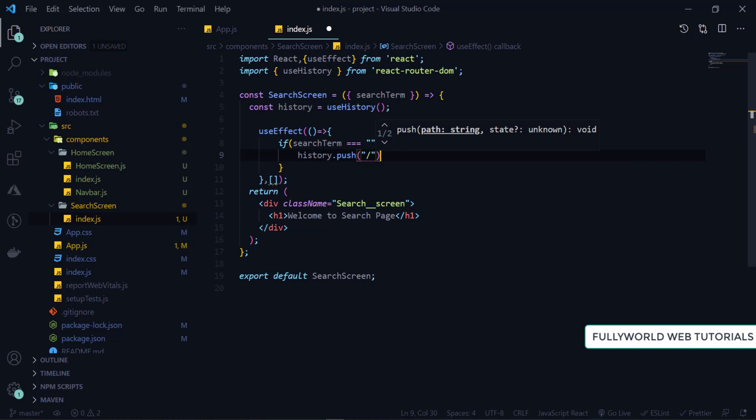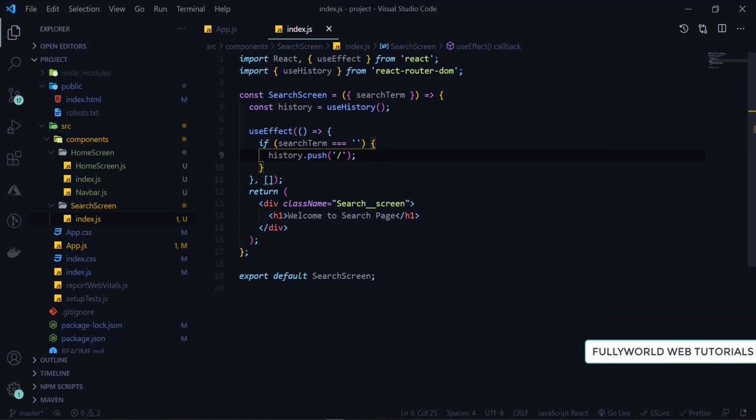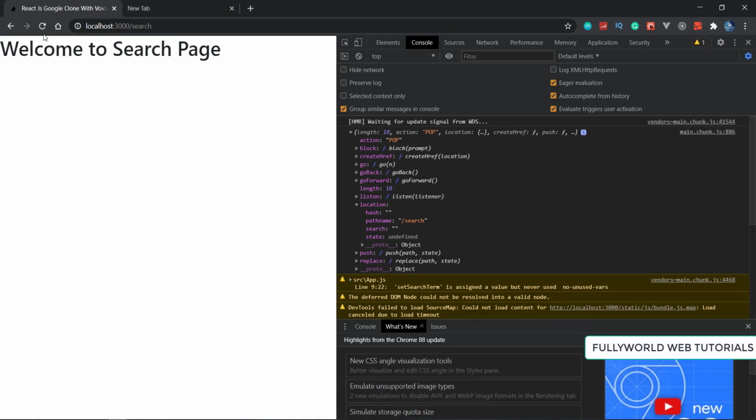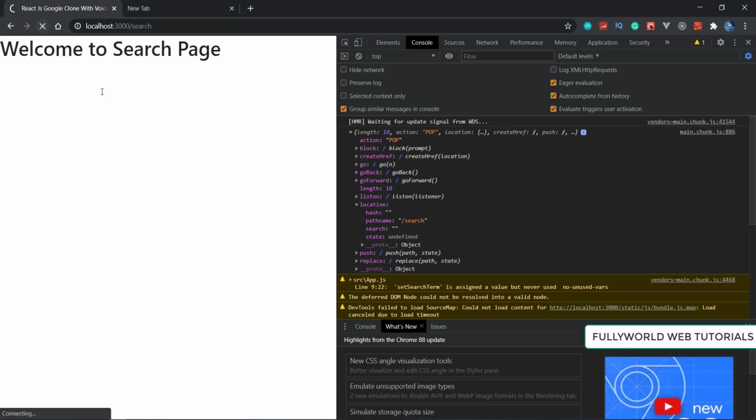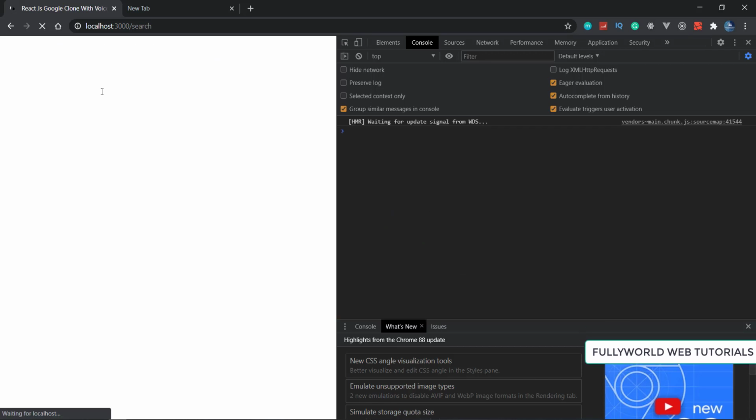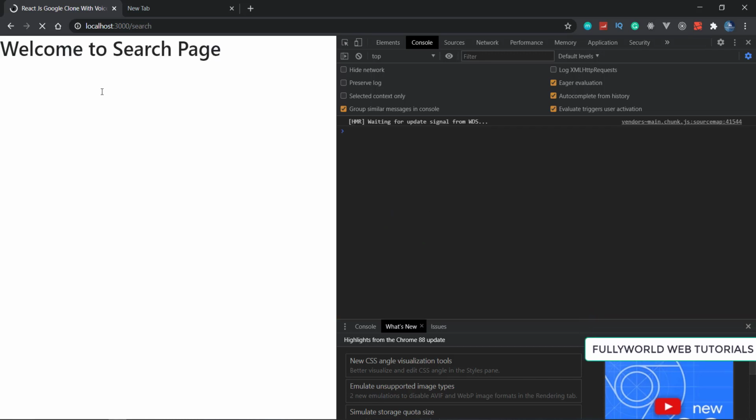Save it. We are going to push to the index page. So let's reload this. Let's see if this is working or not. So it is reloading. Now let's see what we get.